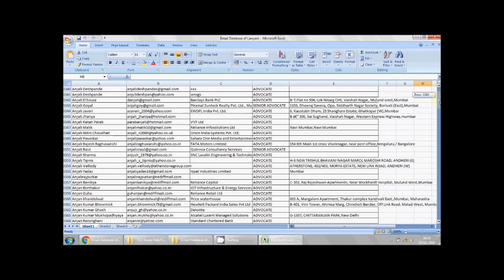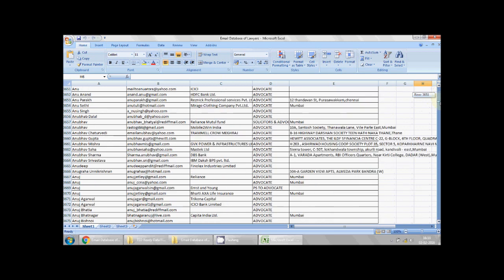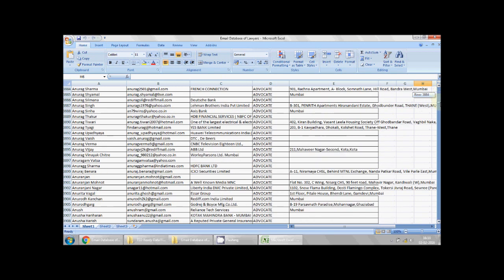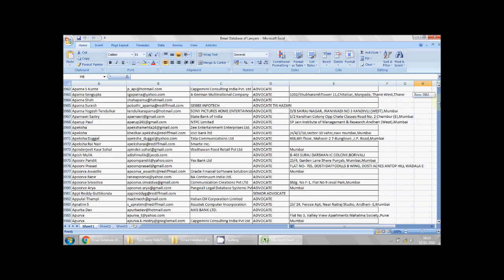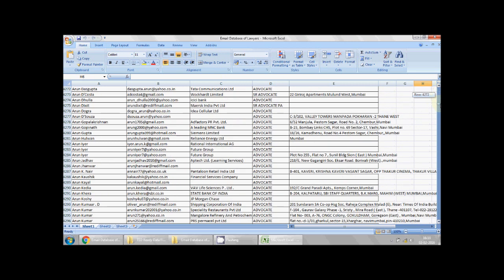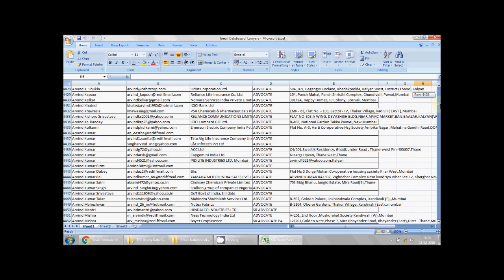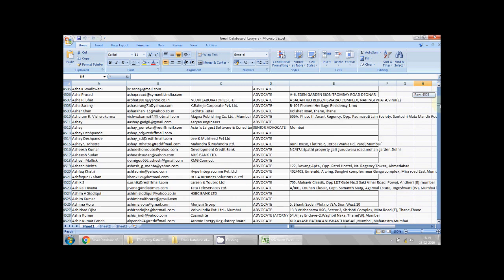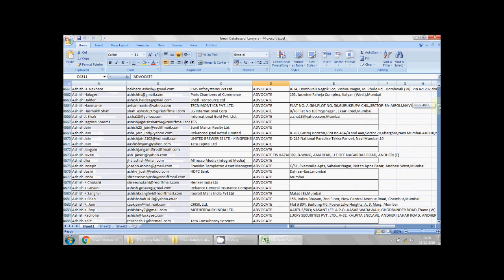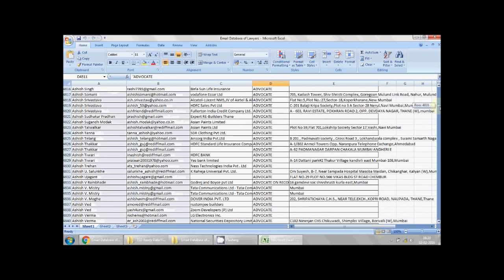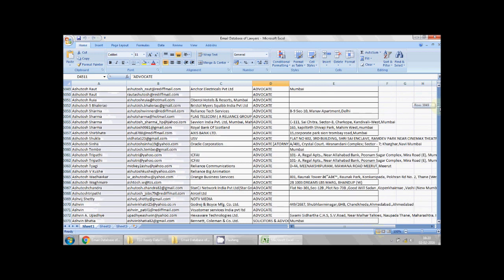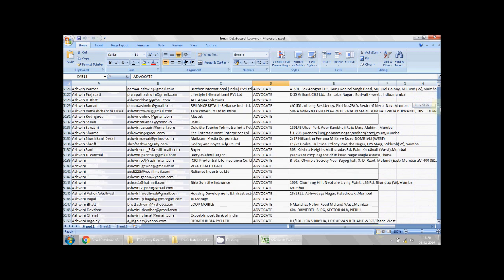This data is already being used by a few of my clients, and I do get feedback from them. One of my clients from Pune promotes legal softwares, the software which is used by lawyers and for various other legal stuff. The total number of records here is approximately 36,000, as you can see, 36,680. My client from Pune used this data to promote their legal software and converted approximately 180 new clients.